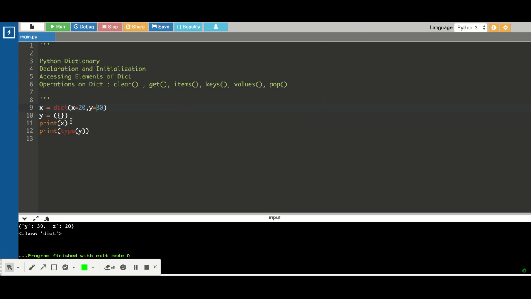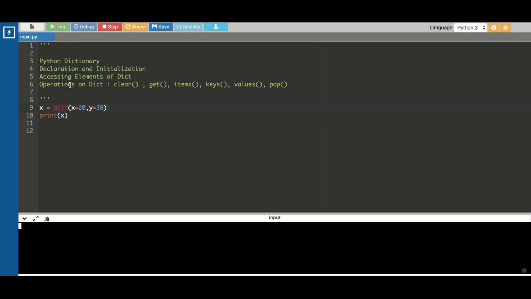Using that keyword, you can initialize a dictionary like this. Let's try to run this code. Here you go. So this is how a dictionary is printed. So you can initialize a dictionary like this. Okay. So this is all about dictionary initialization and declaration.